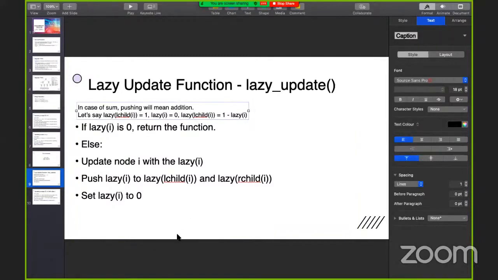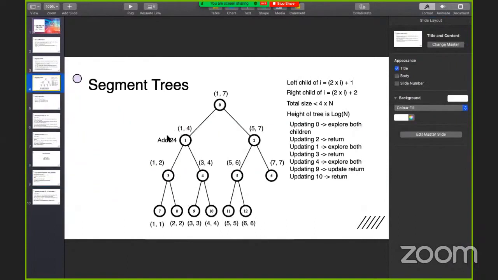Yeah, okay, great. So that's the idea. So we push lazy down, okay? We've performed the update at this node, we've added 24. And now we're just telling these two children nodes that you're going to have to update at some point. Not right now, whenever you use it, we'll have to update it, okay?